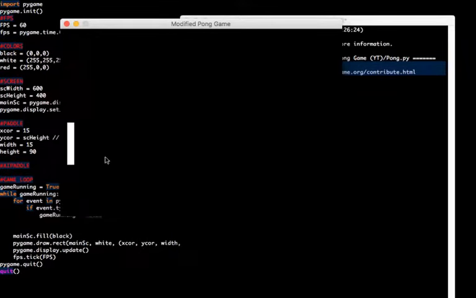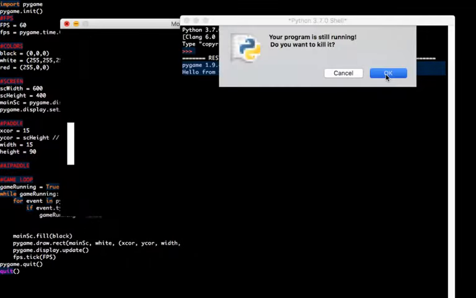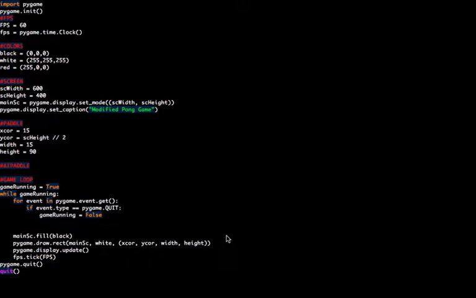And for the screen height, it starts at the top, the 0, and it goes down 1, 2, 3, 4, up to 400. So I want it to be 15 off the left, so we draw an x coordinate of that, and I wanted the y coordinate to match half of the screen. I want it to be drawn in the middle of the screen, so we did y coordinate screen height divided by 2, and the width was 15, and we can see the height being 90. Now we can't really do anything with that right now, so we're going to actually try to move it, but